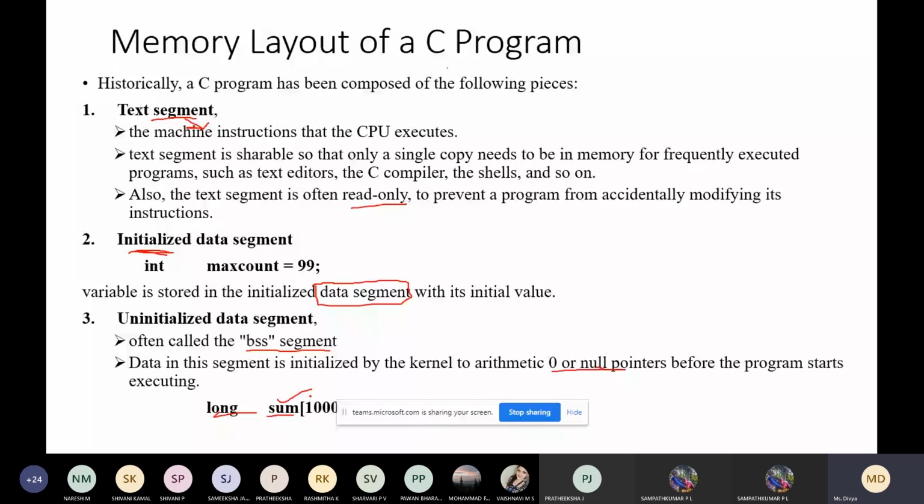So what happens when you write this statement in the program? It will create an array, and all the default values of this array will be 0. Such statements in the code are called the uninitialized data segment, and they will all be stored in the BSS segment.